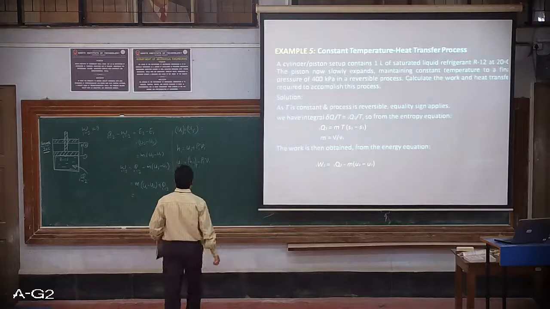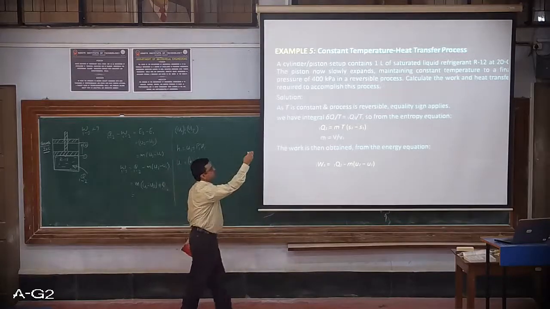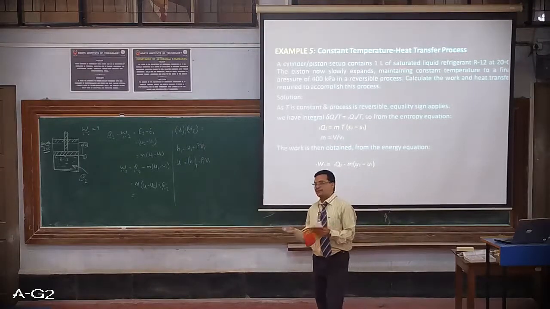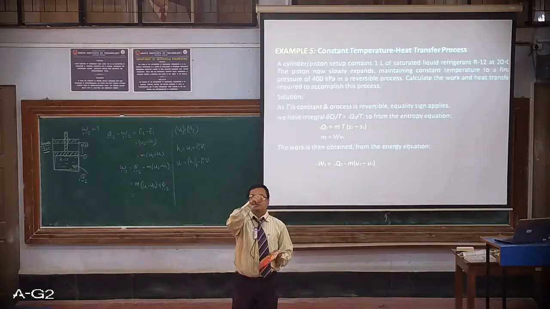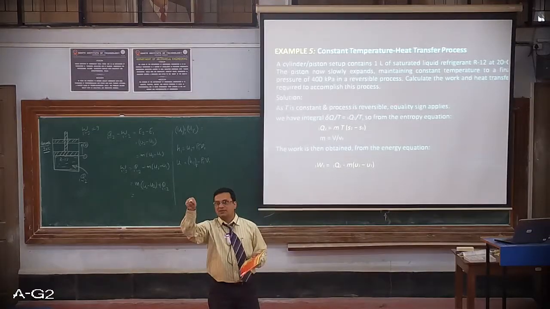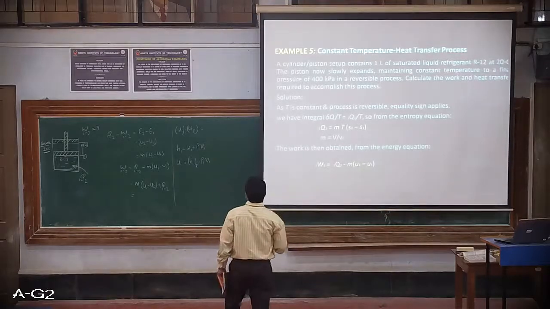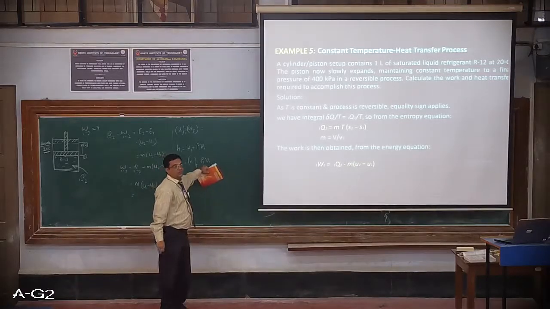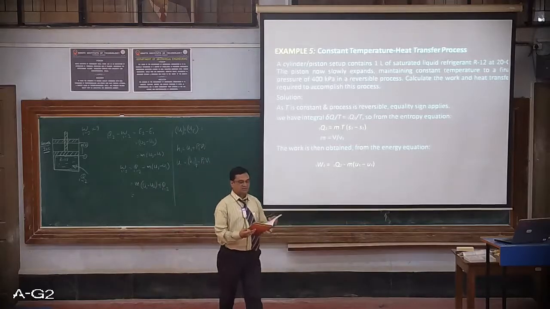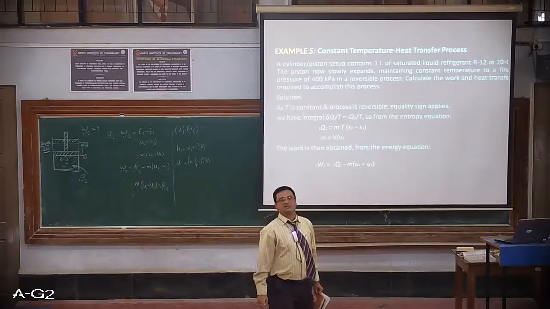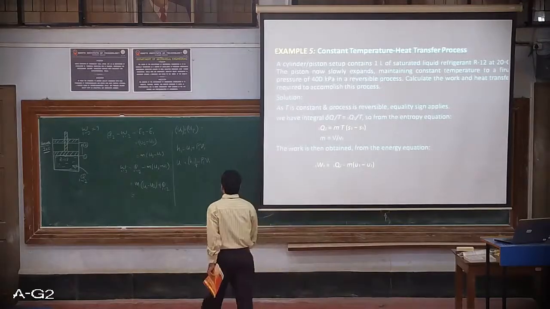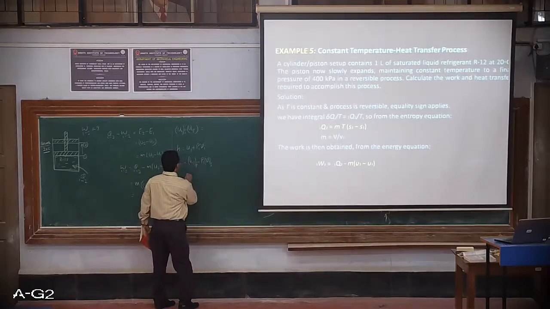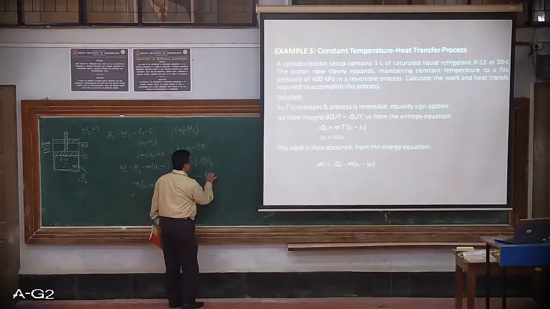Enthalpy is given very well, so Hf you can note it down. For pressure, take the corresponding saturation pressure, because it exists in the form of saturated liquid. Once you draw the T-s or P-v diagram, the point lies on the saturation line. For that temperature, T and P are related, so you can take down the corresponding saturation pressure. For 20 degrees Celsius, the saturation pressure is 5.67 bar or 567 kilopascal. That value you can substitute here. And V1, which is already obtained, Vf, you can substitute, and thus you get the value of U1 in kilojoule per kg.